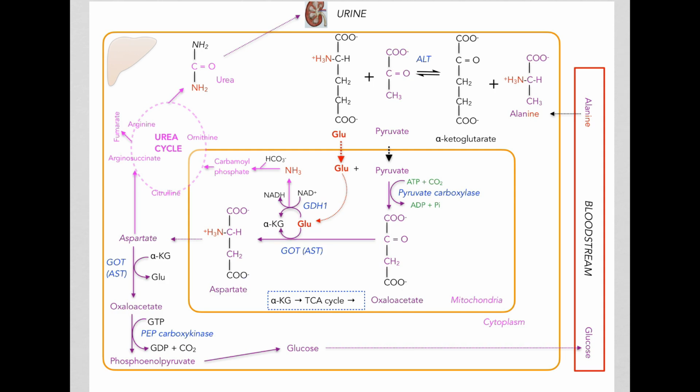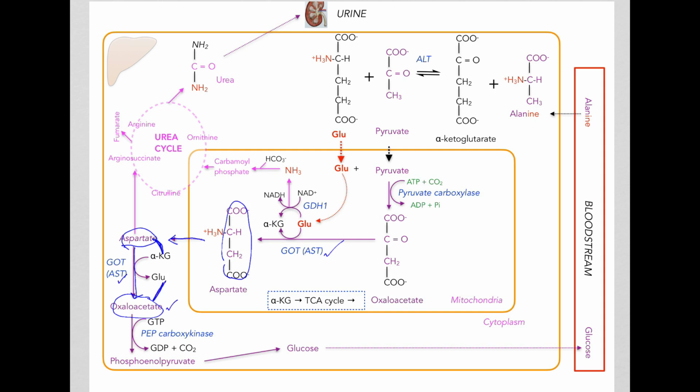So now we have the carbon skeletons in aspartic acid. The aspartic acid is exported out of the mitochondria, and this goes through a transamination reaction to give you oxaloacetate. So basically the same AST enzyme, but in this case the cytoplasmic form will react aspartic acid with alpha-ketoglutarate, giving you glutamic acid and oxaloacetate.